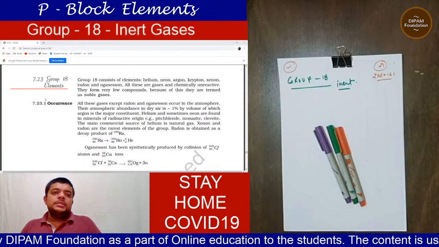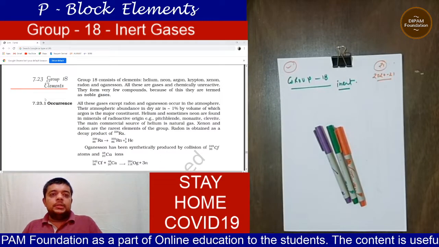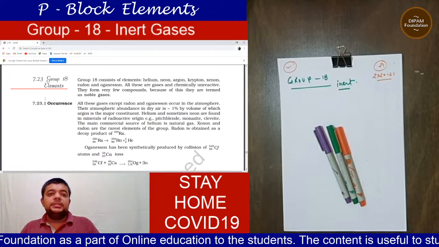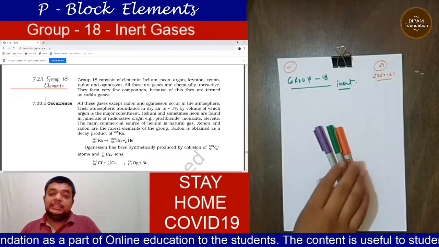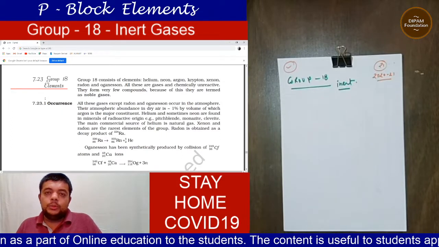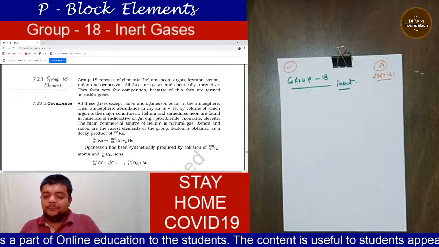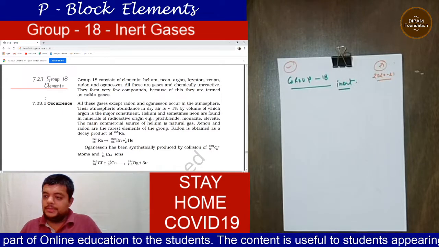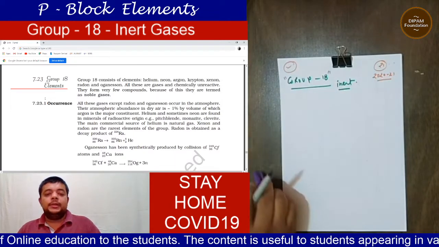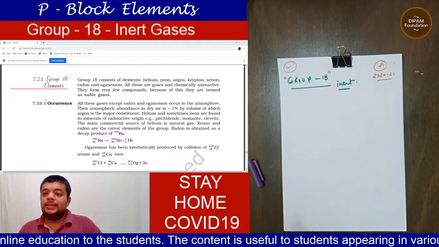So friends, we are going to discuss the P block elements and especially group 18 today. Group 18, as we all know, is known as inert gas elements. We'll start with the very basics and then go up to the extent that is required for you to appear in your examinations. While focusing on the group 18 elements, we should be very clear on a few things, that includes